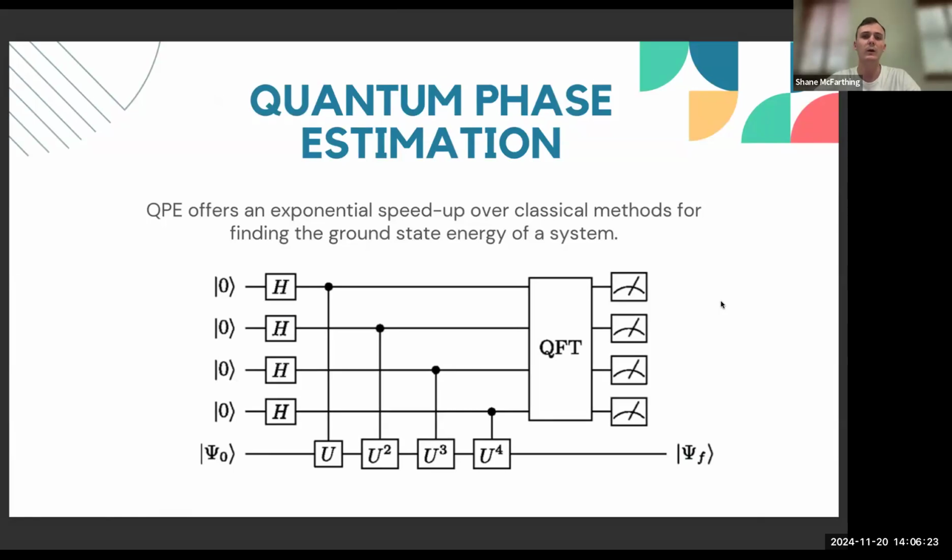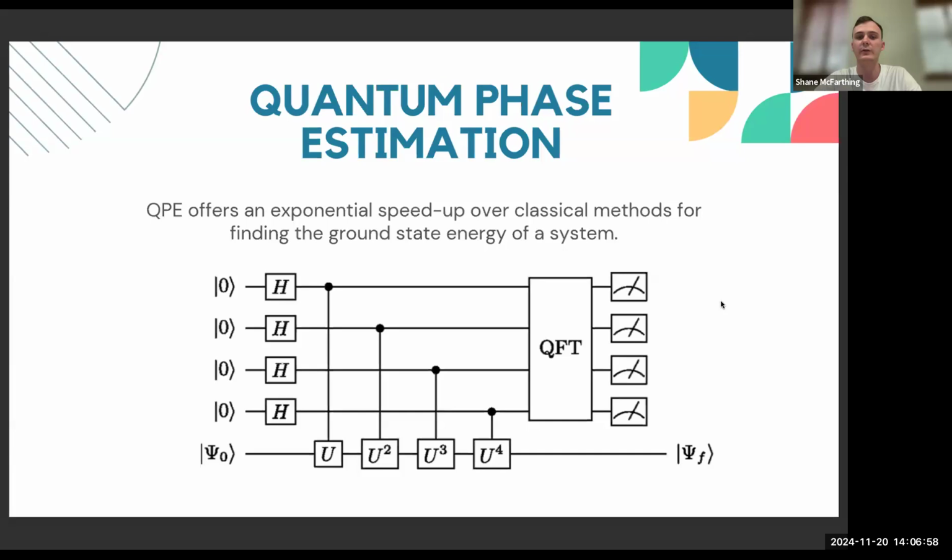estimation algorithm. Now, quantum phase estimation was devised with the fault-tolerant regime in mind, which are quantum computers that don't have high levels of noise. They might have error correction being implemented, which requires millions of qubits. And what this algorithm is capable of doing is that if we provide a state that has a good overlap with the target state that we're looking at, in this case the ground state of the chemical system, then we can compute the eigenvalue or the energy of that